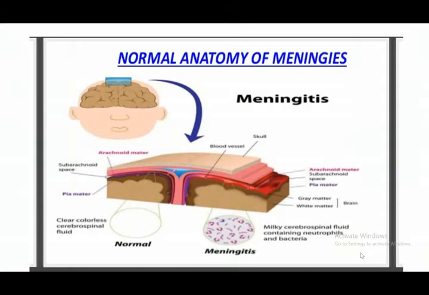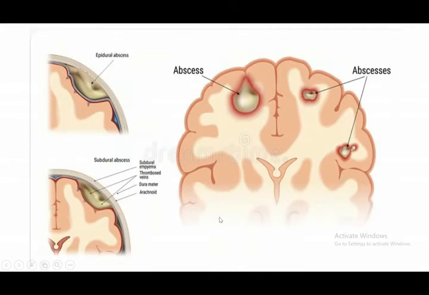This is a picture showing the normal brain covering versus abnormal brain coverings. You can see inflamed meninges in meningitis along with milky white CSF, while on the normal side you can see there is no inflammation of the meninges, the brain covering. In focal CNS or brain matter disease like abscess, either single or multiloculated abscesses can be seen. Epidural and subdural abscesses are also commonly seen in chronic CNS infections as well.